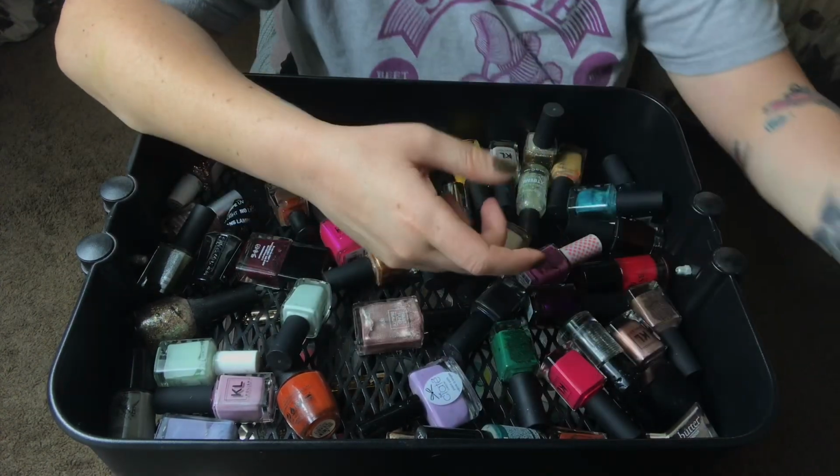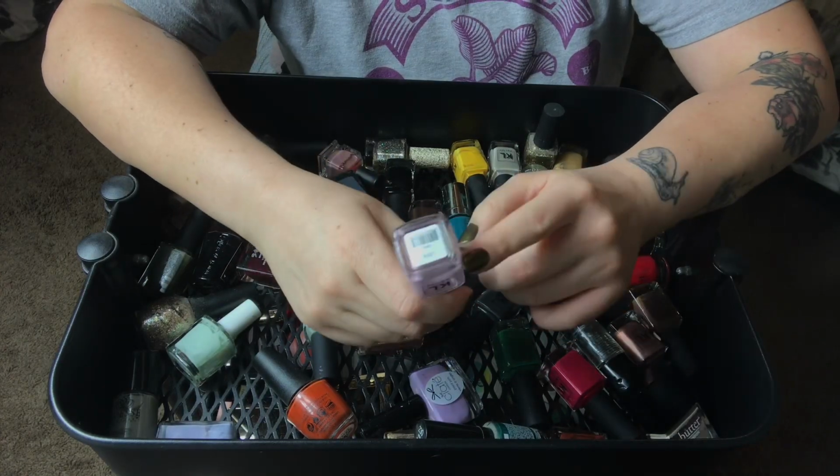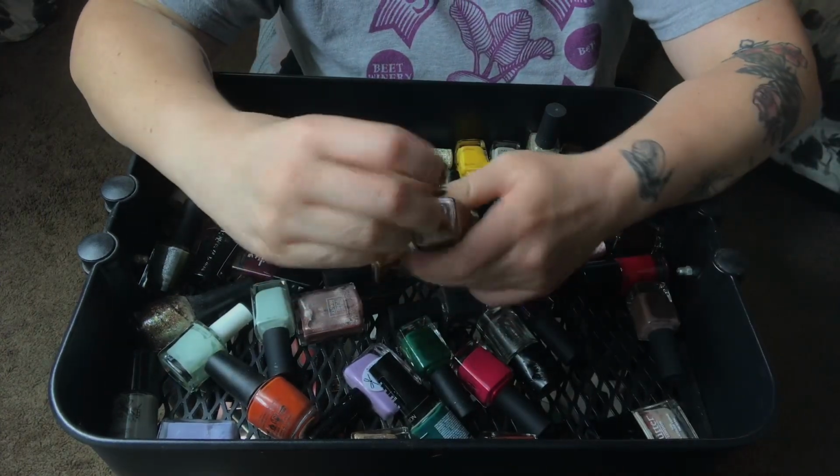You know what? I'm going to keep Libra, even though it's going to keep just like the others. This one's really gorgeous over white, so I'm going to keep this. I do think it's pretty. And this I just haven't used much, but I think it's so pretty. And I think if I had a full white base and put